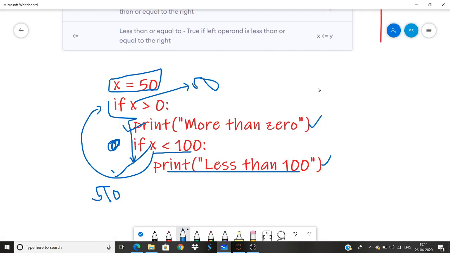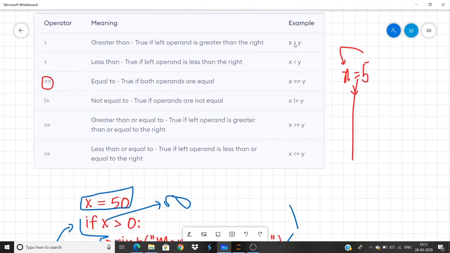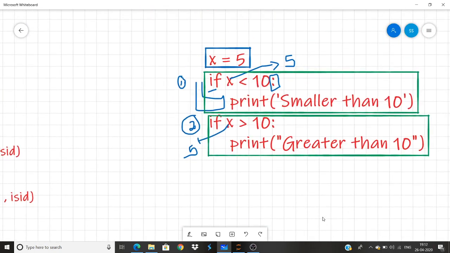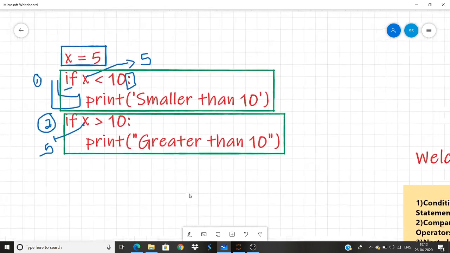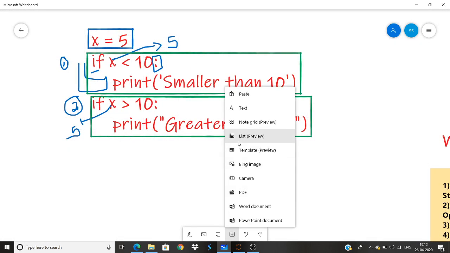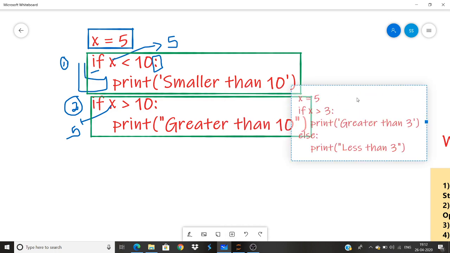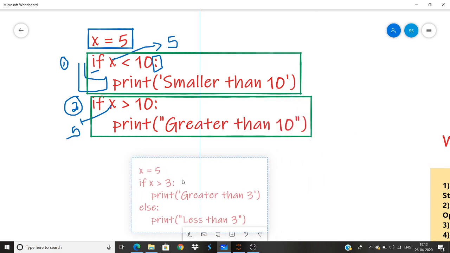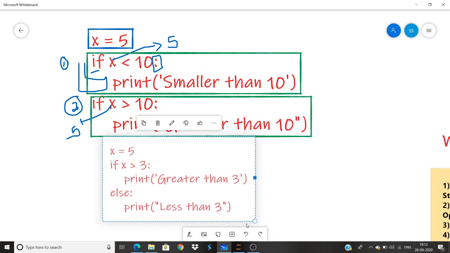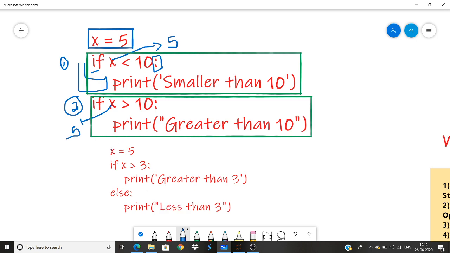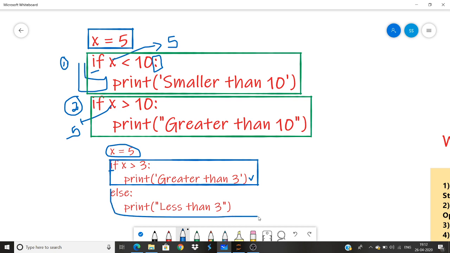Now what we'll do is we'll look into these differences. We'll paste it somewhere here. We'll bring it here. So now x is assigned the value 5. It says x is greater than 3, then we'll print this. So the if statement passes out here. So this becomes one block, this is another block, because we have broken the indentation here.